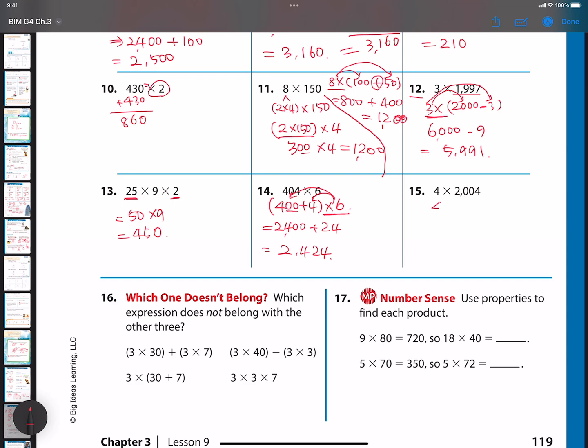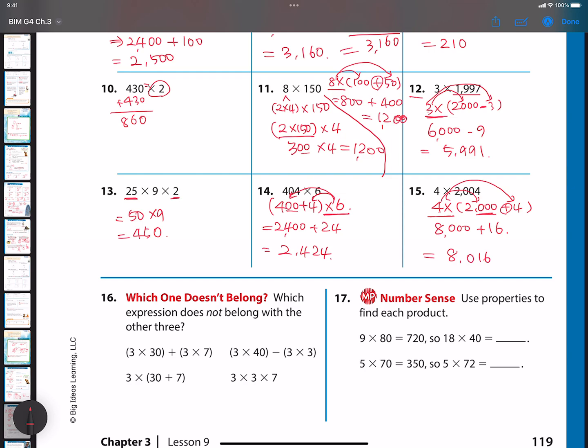Same thing. 4 times 2,000 plus 4. I'm going to use distributive property of multiplication. And this is what? 4 times to distribute to 2,004 and add it together. So 4 times 2 is 8. How many zeros? 3 zeros. Plus 4 times 4, 16. When you add them together,